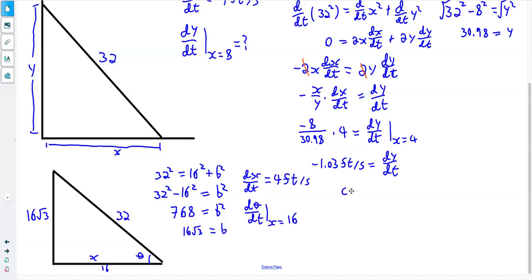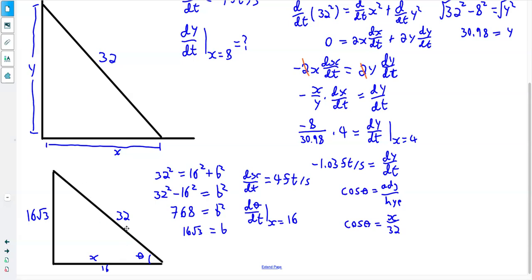So we can say that cos theta is our adjacent over hypotenuse. So that gives us cos theta is currently our adjacent, which is x, over our hypotenuse, which is 32. And this would be true for any